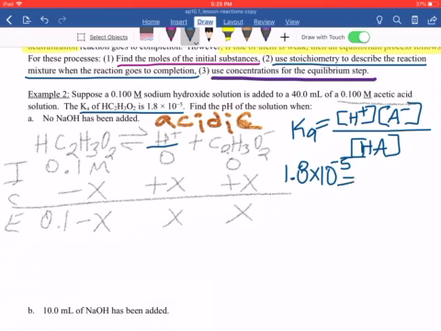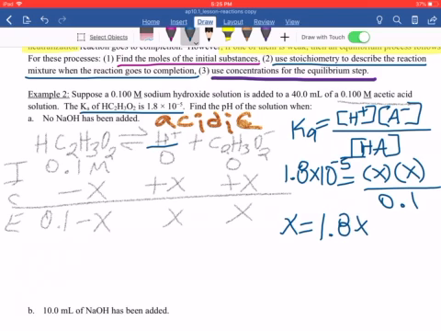On the other side, H and A, so hydrogen and acetate, are both X. On the bottom part of our fraction, we have 0.1 minus X. We can ignore the minus X because X will be really small, so it's negligible. So we can just plug in 0.1 to save some time. Cross multiply 0.1 to 1.8 times 10 to the negative 5th, and then square root it, and you end up with X equals, pause the video if you want to do it in your calculator yourself, but it should equal